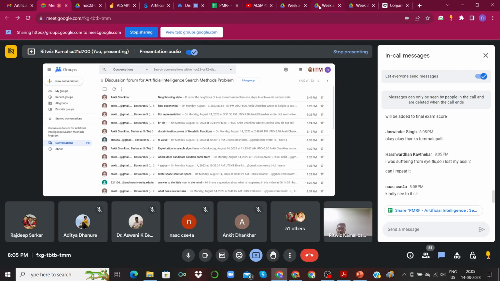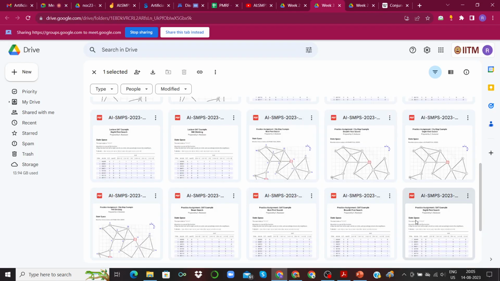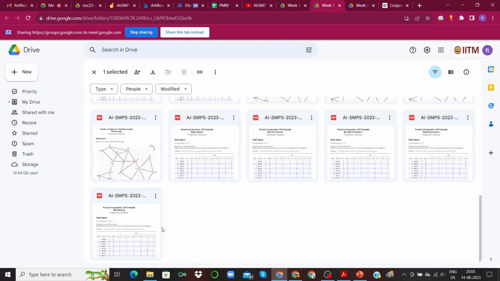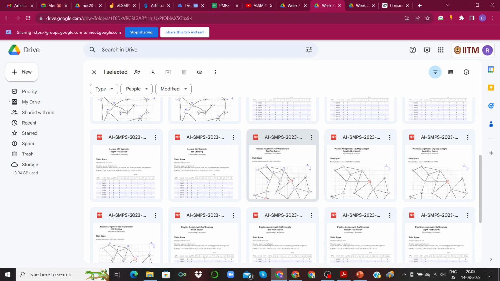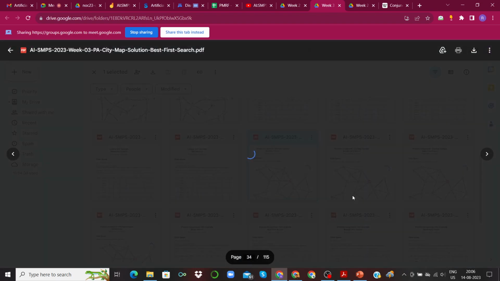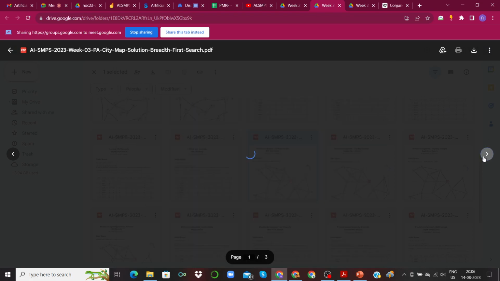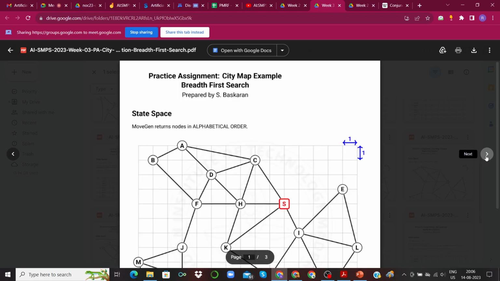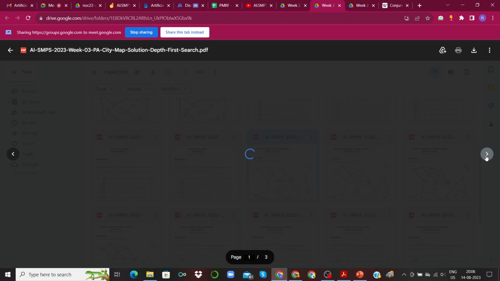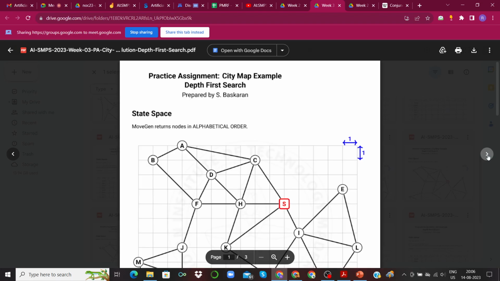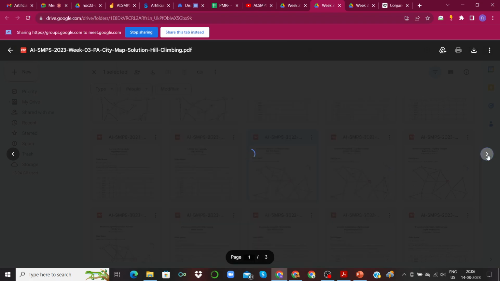Yeah. And coming back to your query on the example, I think you might have something over here. This is best first search. This is breadth first search. Okay, this is depth first.